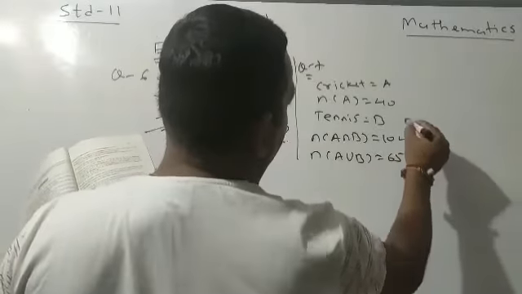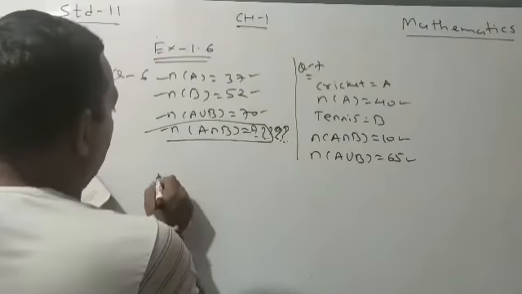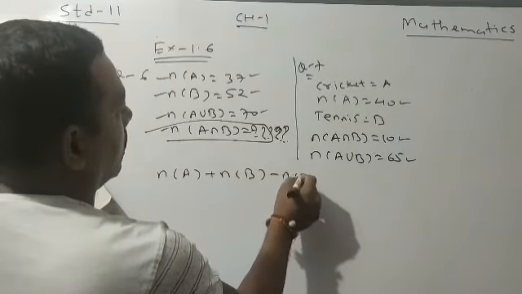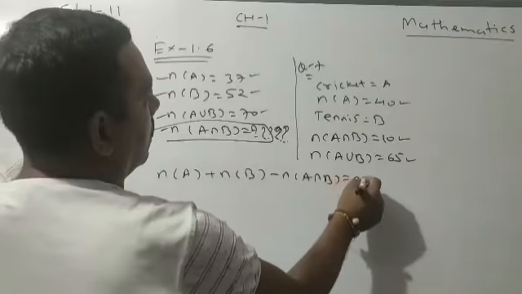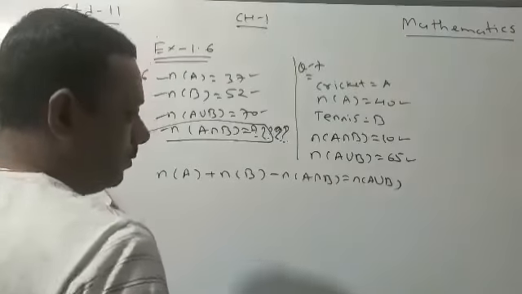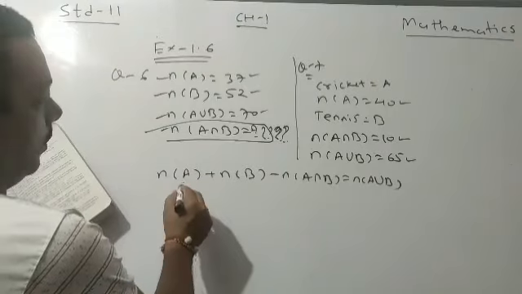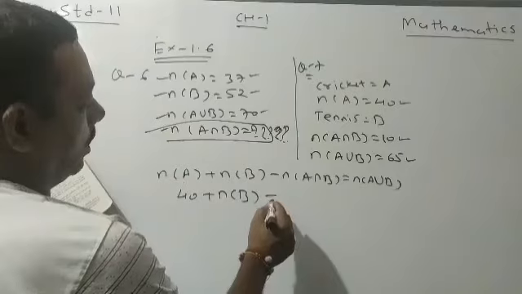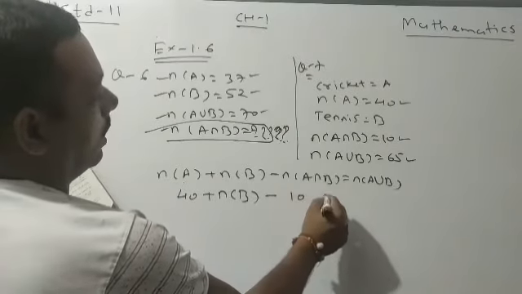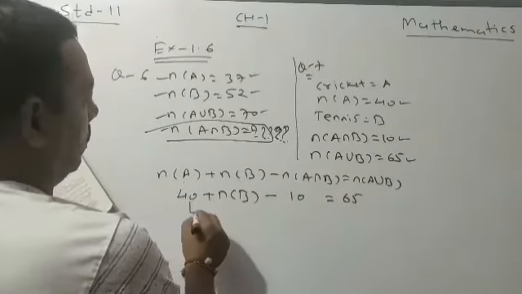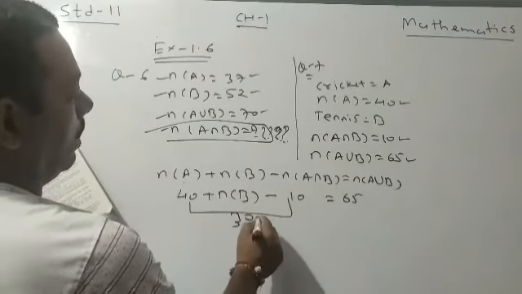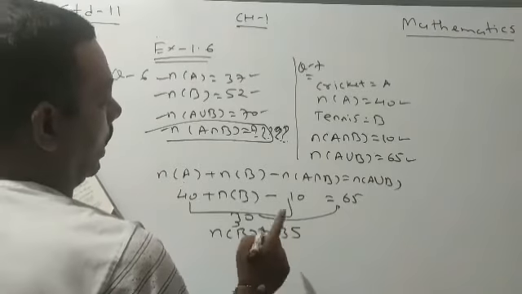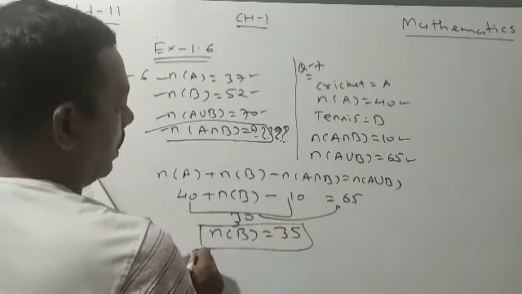See, from these three data, we can write the formula: N of A plus N of B minus N of A intersection B is equal to N of A union B. So N of A is given, 40. N of B, that is the number of people who like tennis, is not given. N of A intersection B is given, 10, and the total is 65. We know that the difference is 30 and that we will shift to that side. So the number of people who like tennis is 35, but this 35